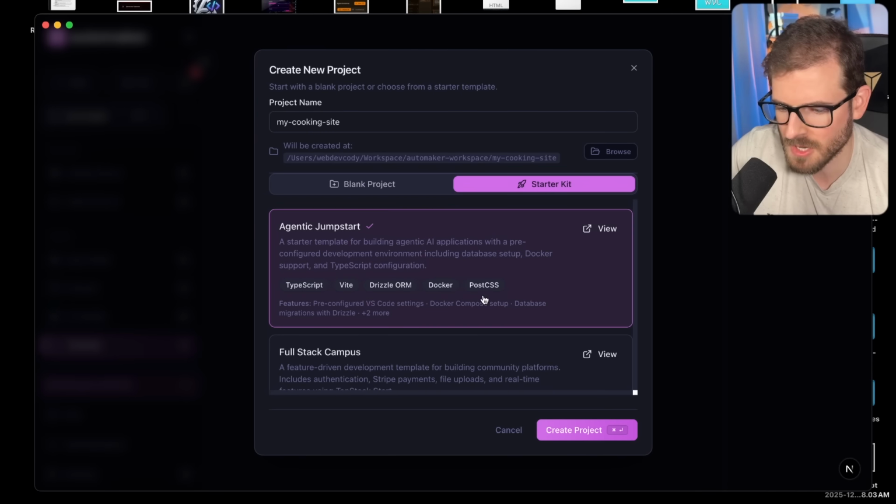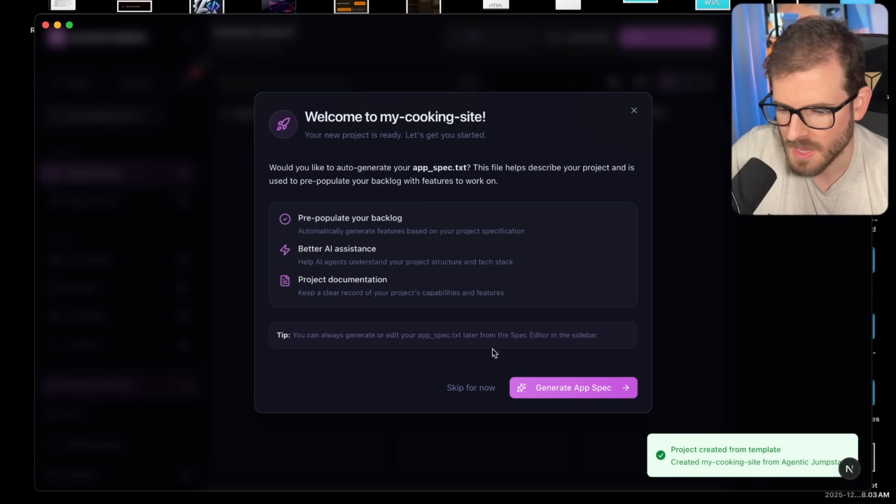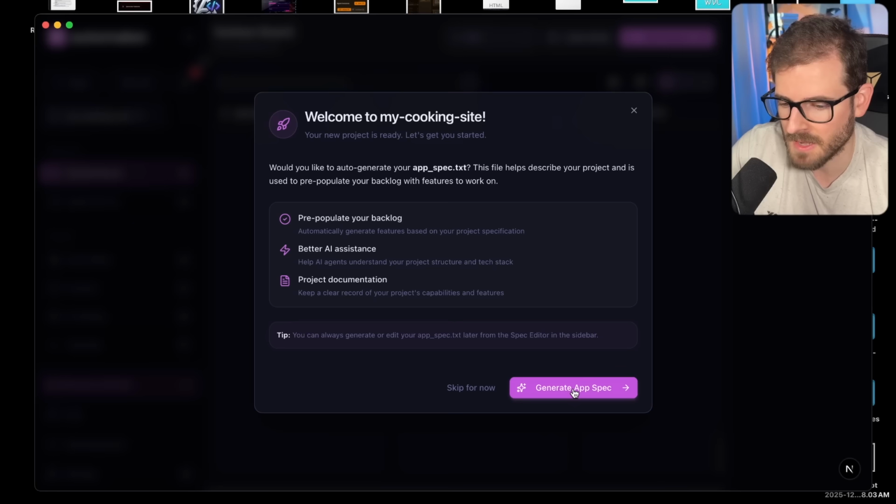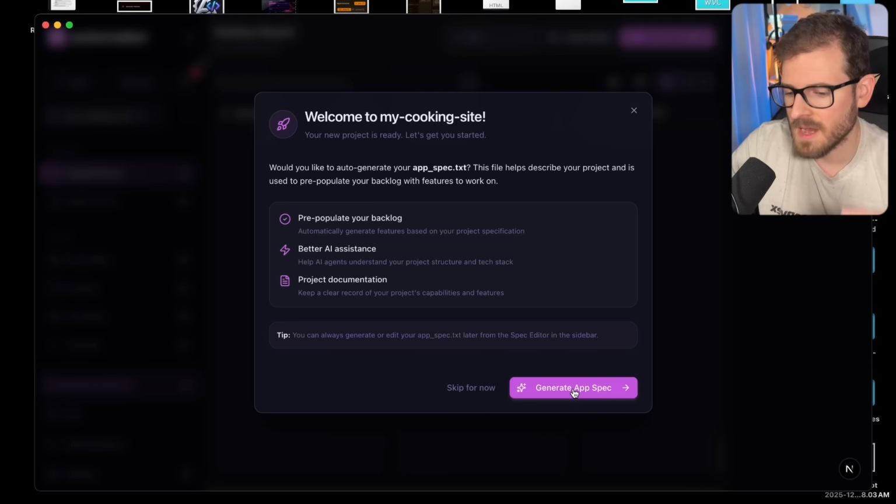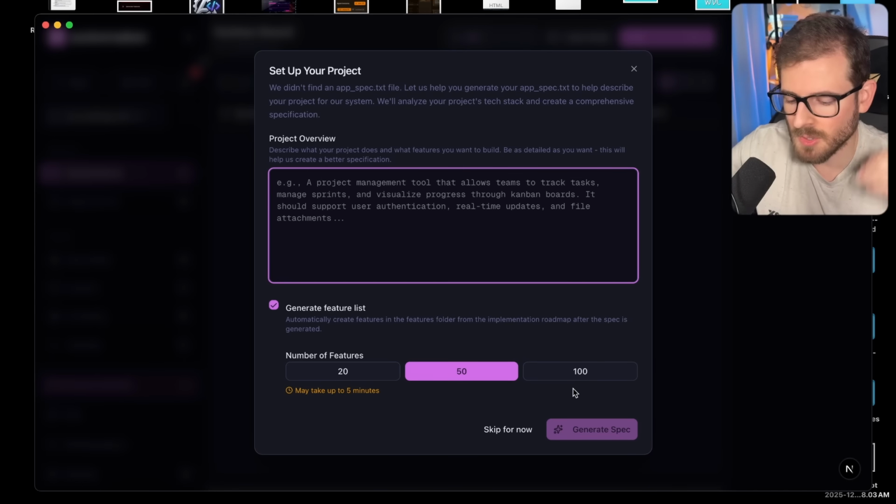Let's do Agentic Jumpstart. And I'm going to just let this bring in a TanStack Start application from the get-go. And now we have a project that's going to be set up. So I'm going to say create an app spec. This is basically creating a file that describes everything in the project and also all the features that you plan